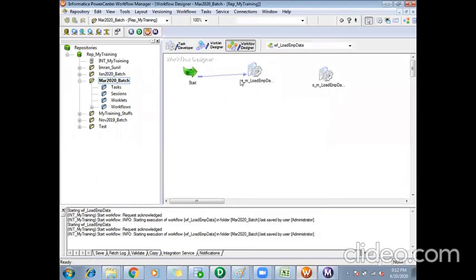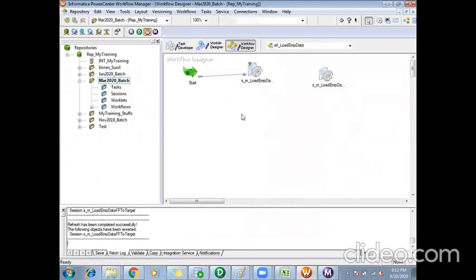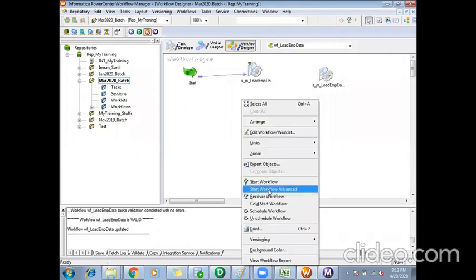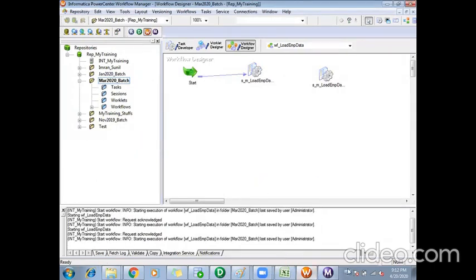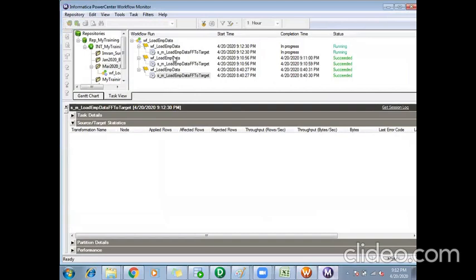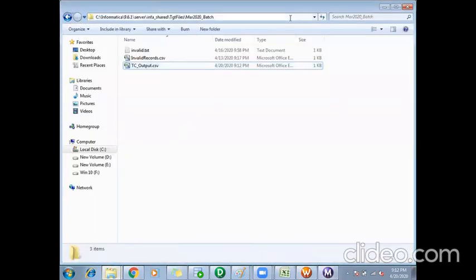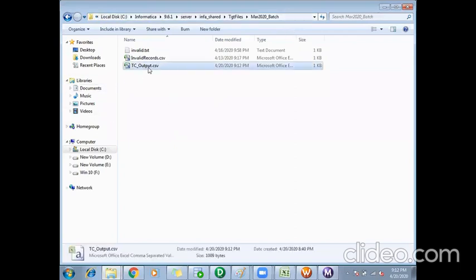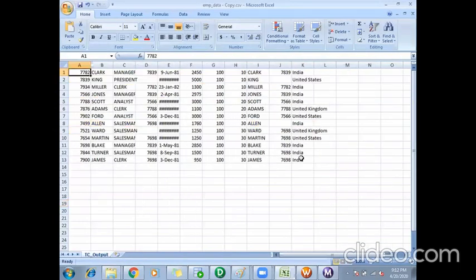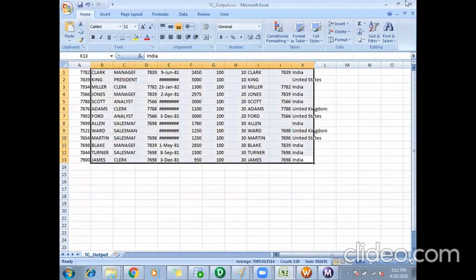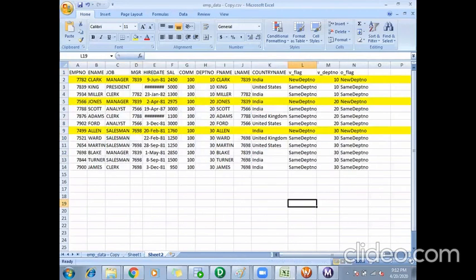Refresh. If there is an issue, I can show you one more property in Informatica to debug things. I have all the records here only, in one file. It is not generating multiple files.